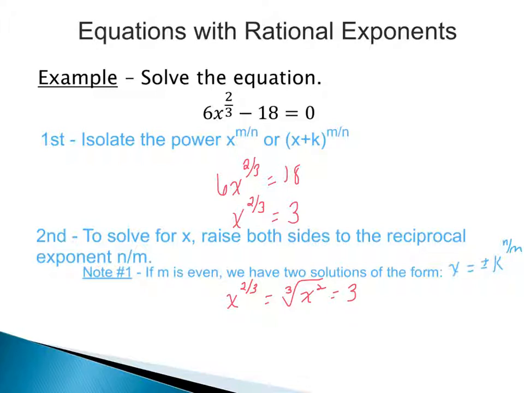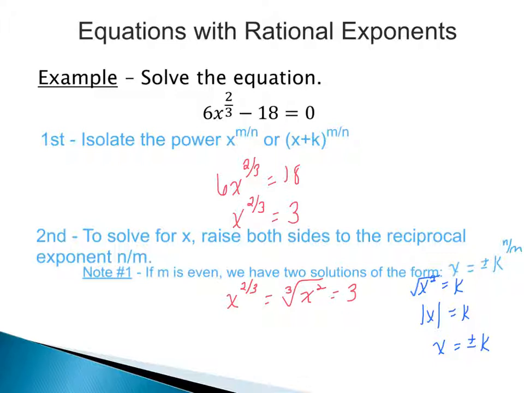In order to get rid of the square, we would be taking the square root of both sides, which gets to the point where we would have the square root of x squared equals some number, I'll just say k for right now. And then the square root of x squared is really the absolute value of x equals k, or more commonly, x equals plus or minus k. So the fact that we have an even exponent to start with, that numerator m is even, means that we're going to have two solutions. So we'd have x equals plus or minus the number raised to the n over m once we raise it to the reciprocal exponent.